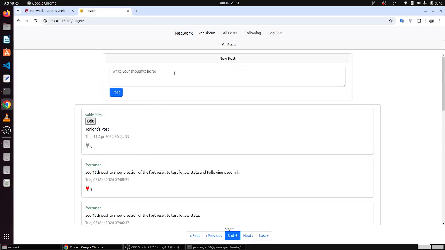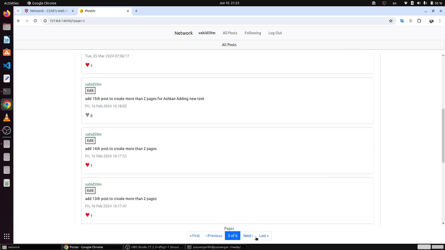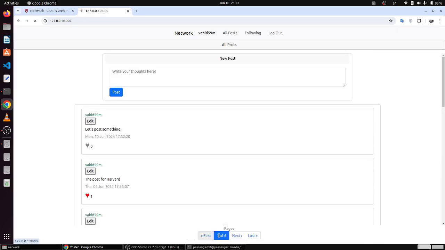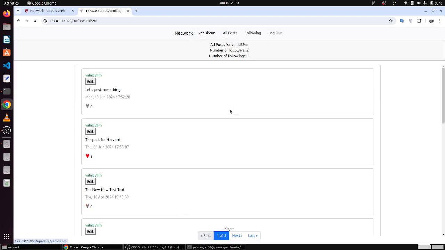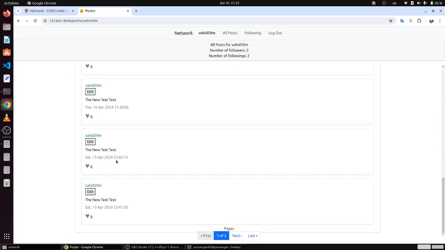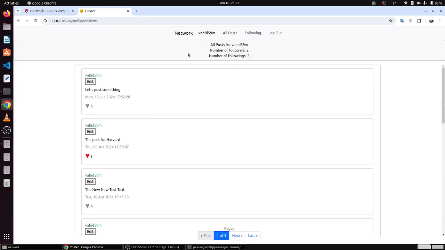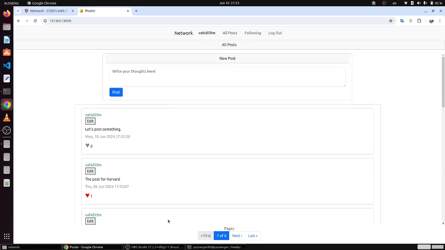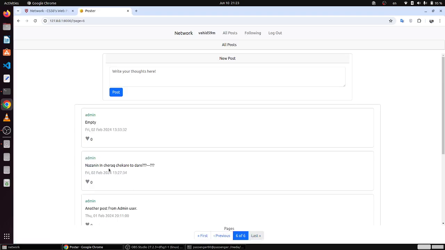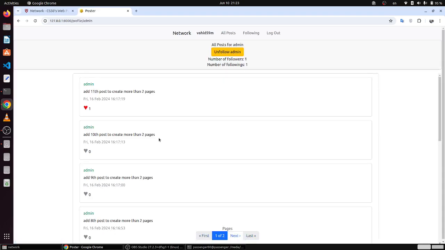The pagination has some options like this. Finally, you can get into the page belonging to each user that filters all the posts. And let's get into some other one, yes, like this. You can see that